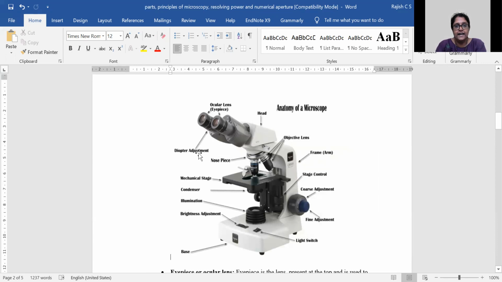Then there is the head and its adjustments for the eyepiece, so that you can make the focus clearer, and depending on the spacing between your eyes, you will be able to adjust it so that you can use the eyepiece properly. Then there is the nose piece and the objective lenses which are connected to the nose piece.